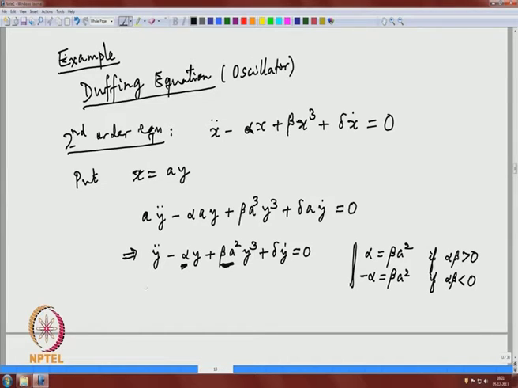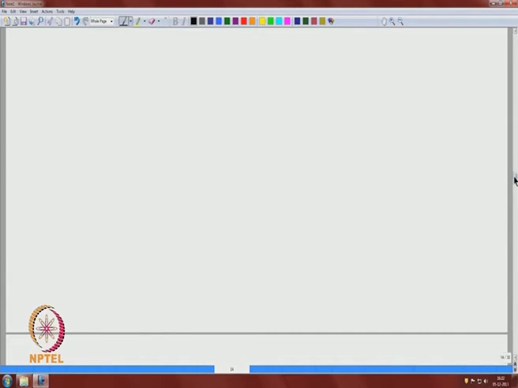So, in that case what I have is, y double dot I put here plus alpha. Now, I put plus or minus y plus y cube. Okay, and alpha I take to be positive. So, I put plus or minus. Okay. So, that is one simplification, and similarly